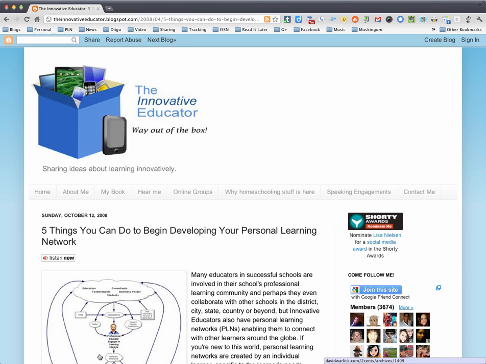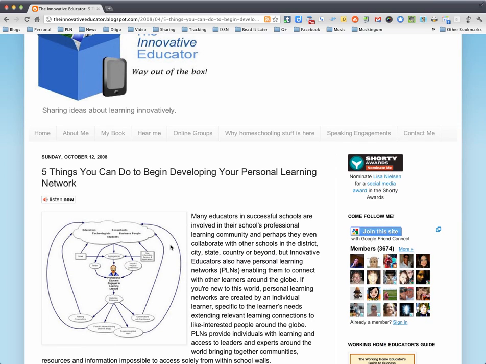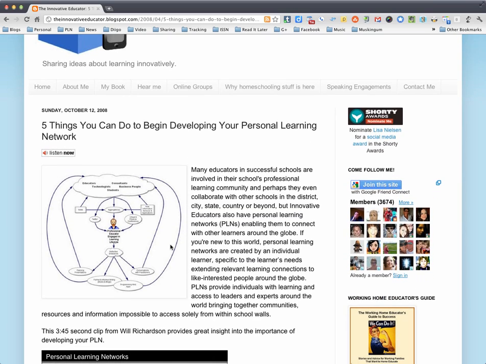So to illustrate, here's what it looks like to create a bookmark using Diigo. So I found a page on 5 things you can do to begin developing your personal learning network, which I think has some good ideas, and some of you might actually want to follow these steps. So if I want to create a bookmark of this page, and I happen to be using Google Chrome as my web browser,